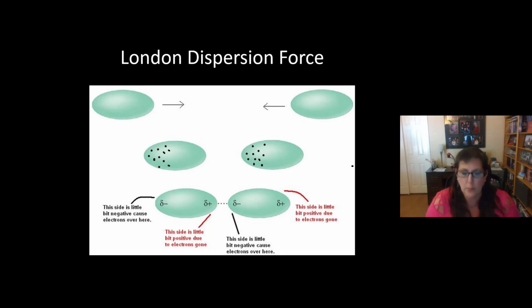So here's just a little picture showing you what I was trying to demonstrate with my little atoms here. We have 2 molecules that are non-polar coming towards each other. For a moment, the electrons represented by the black dots go to one side. That makes that side a little bit minus because the electrons are over here. The other side is a little bit plus because the electrons are gone. This makes the other side have the electrons pulled over towards that positive charge in the first molecule. So in the second molecule, the electrons are pulled over and it makes that a little bit minus. And then the other side of it is a little bit positive because the electrons are largely gone.